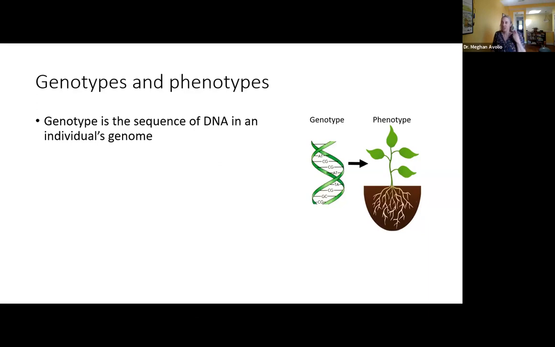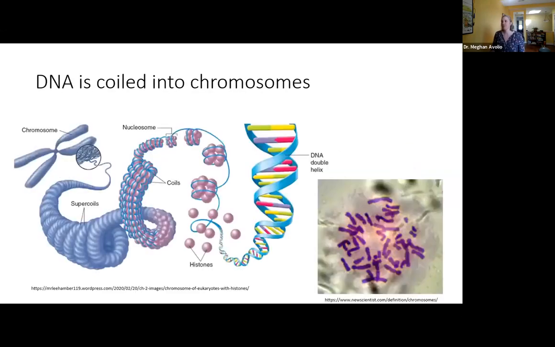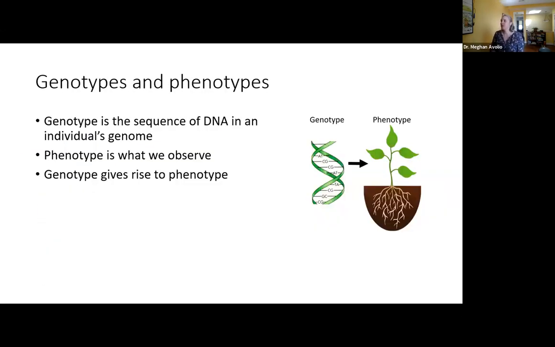And a genotype, again, is just the sequence of DNA. So what's the sequence of A's, G's, C's, and T's in each individual person or each individual plant? And then the expression of that is the phenotype, what we observe. What I like to always say is, you can't see someone's genotype, right? No one can look at someone or something and know what their DNA sequence is. You need to use a lot of different molecular methods to do that. But you can easily see someone's phenotype. And it's often the phenotype that we're interested in, because that's what we observe. But we have to understand the underlying genotype.